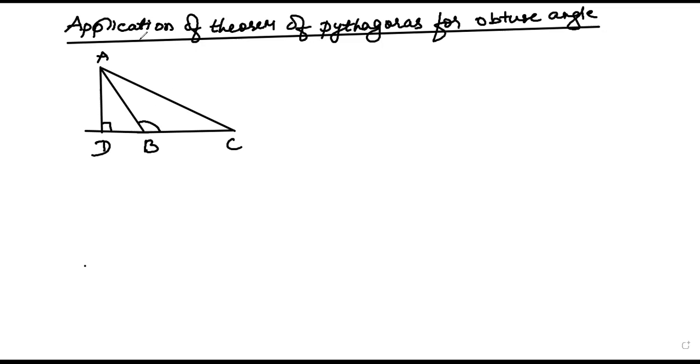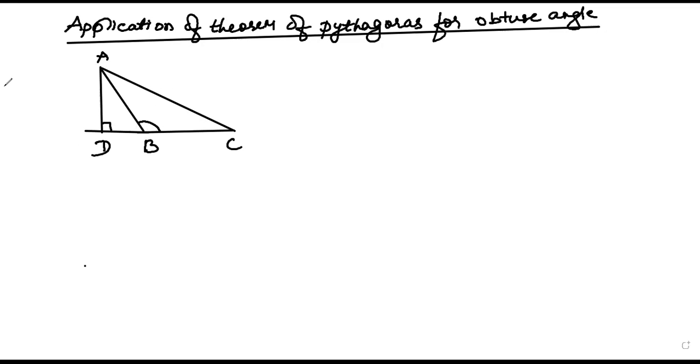Now you can see, children, we're going to learn the second one, application of the theorem of Pythagoras for an obtuse angle. Like in this triangle ABC, angle ABC is greater than 90 degrees. It's an obtuse angle. And you see a height has been drawn. Got it? On the base of this obtuse angle triangle. Can you see here? AD perpendicular to BC. When you see this condition, an obtuse angle and a height drawn,